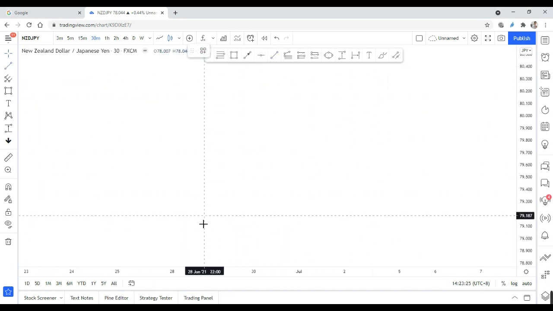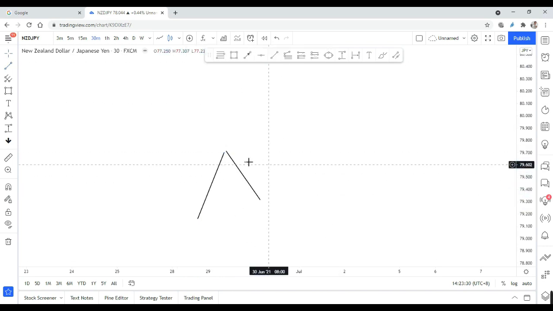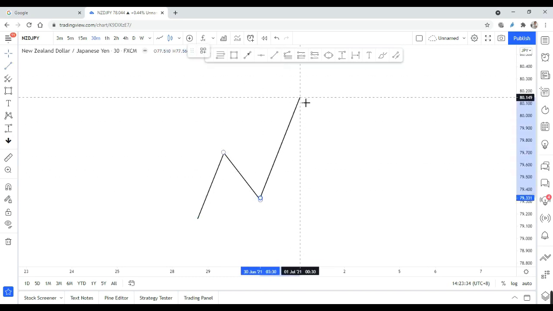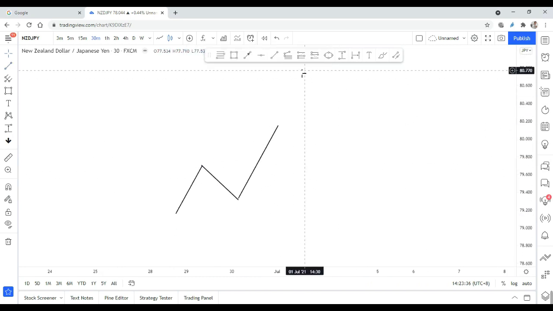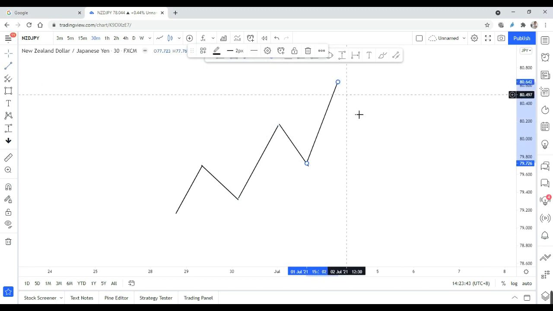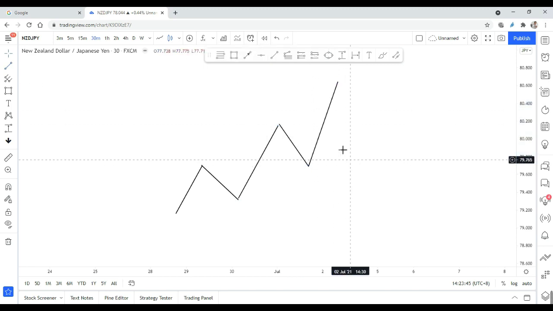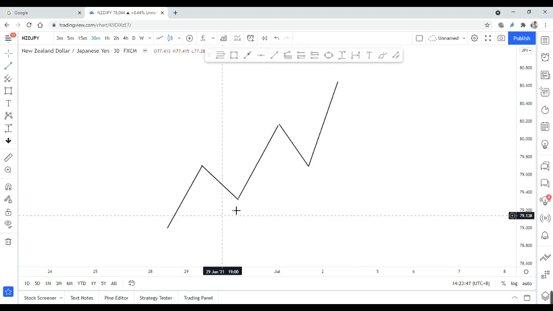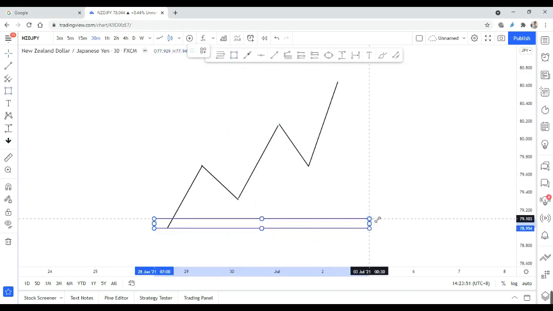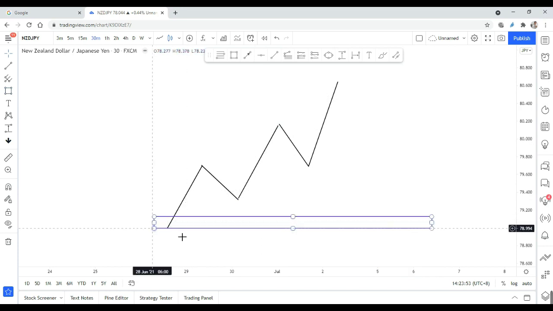If you can see, the price usually, I'm just making one trend right now, the uptrend. The price is always moving in a waveform, meaning it will retrace and then continue moving up. So the first thing we need to identify is the birth of the trend. For example, over here, the birth of the trend is this area.